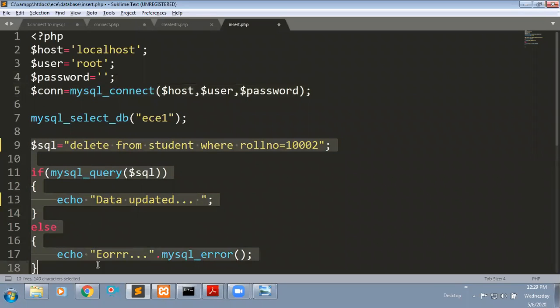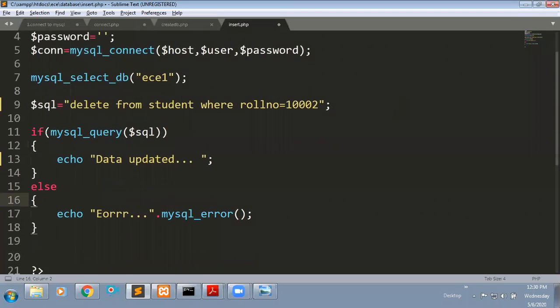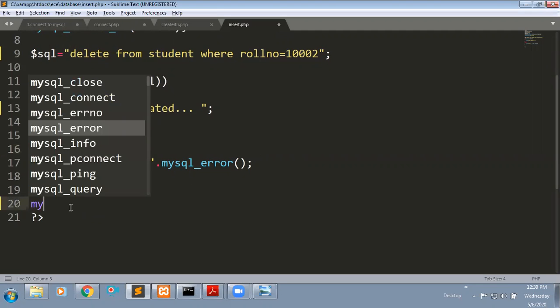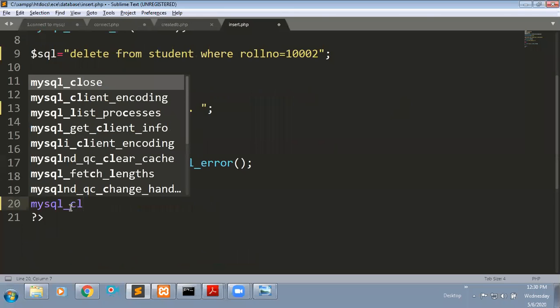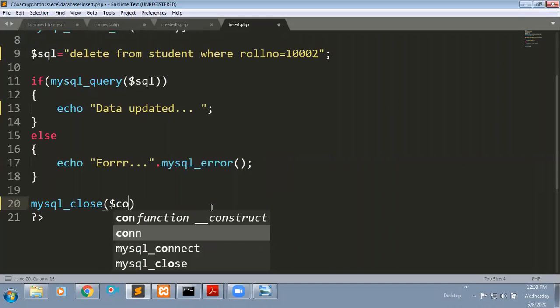After performing all the operations, at the end of your PHP script, just close your connection. To close your connection, we have the function mysql underscore close. This function will close your connection with your MySQL database. The connection object you need to pass here.